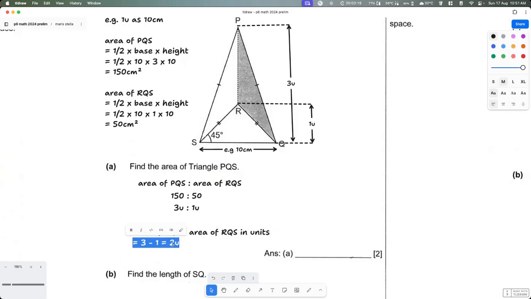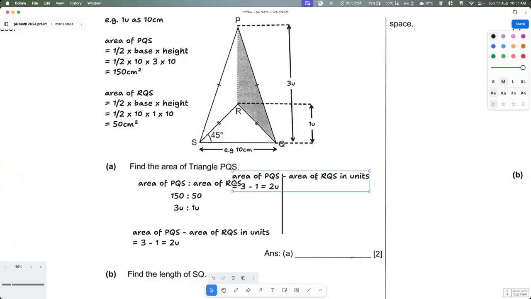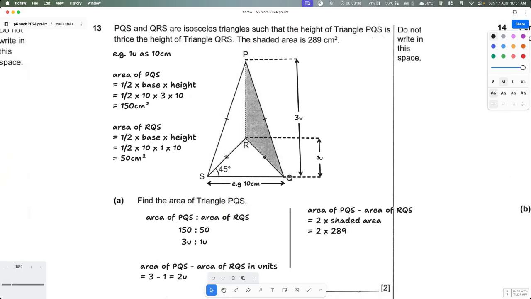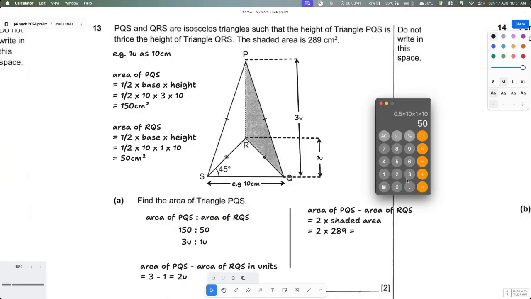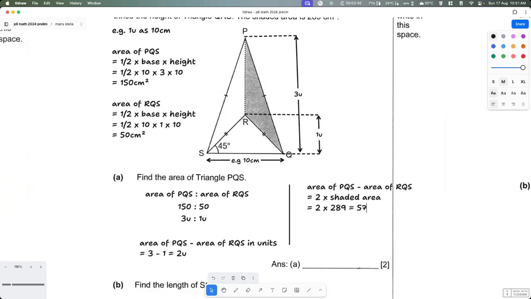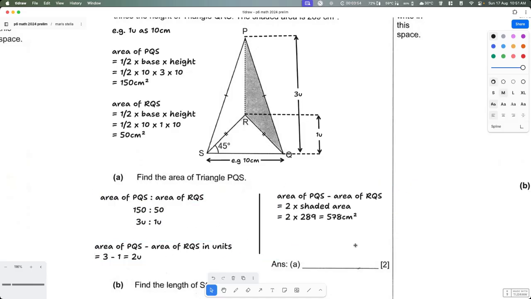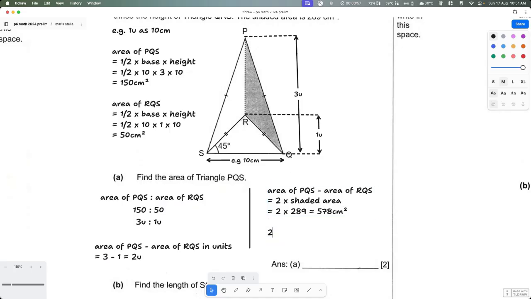And area of RQS and PQS in this case is basically in centimeters. Let me just put this here. It is basically 2 times the shaded area, which is 2 times 289. So 289 times 2 is 578 centimeters square. Now we know that 2 units equal to 578 centimeters square. So I'm going to write this down. 2 units is equal to